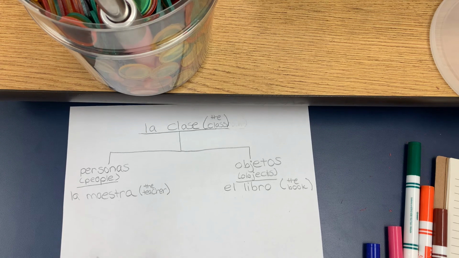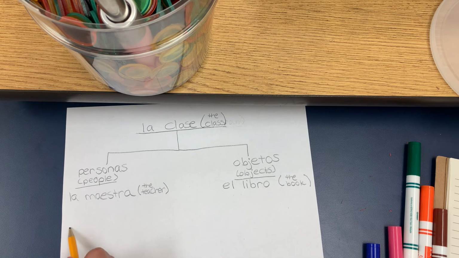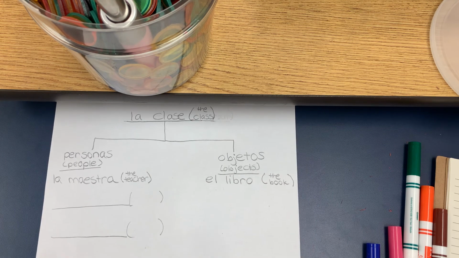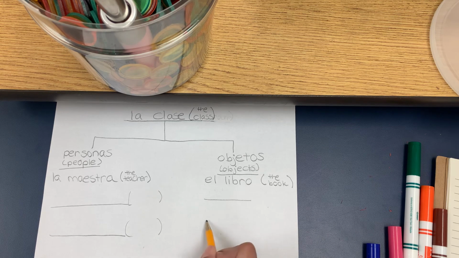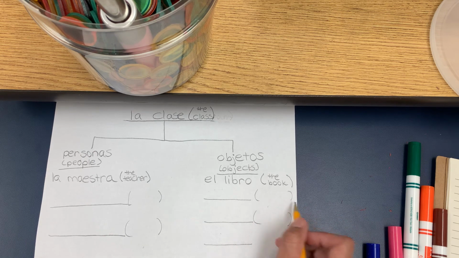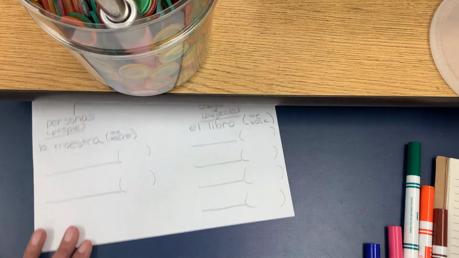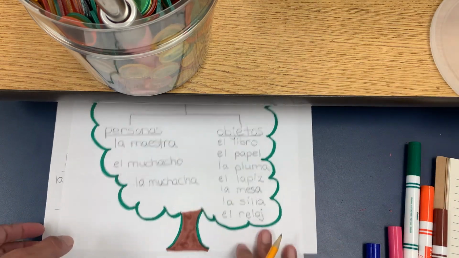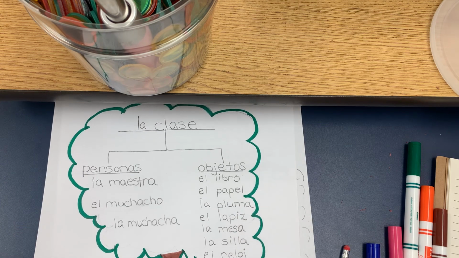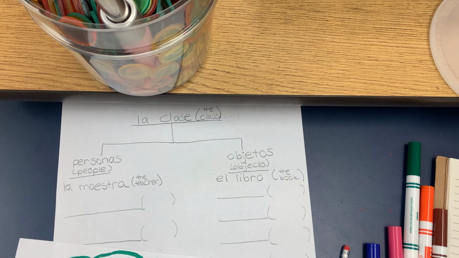Okay, so you can do it this way, where you're writing with English on the side. Same on this side. You may need to write a little smaller than I did, with the English on the side. Or you can do it this way. It is up to you, however you want to do it, clase. Remember to keep this